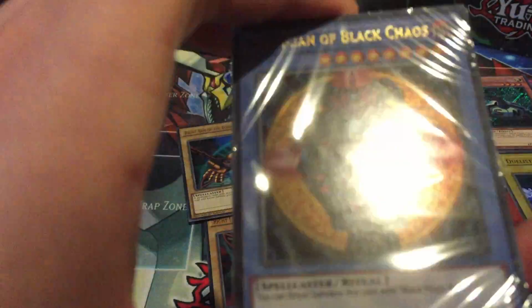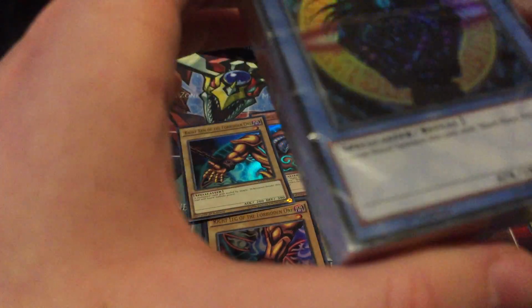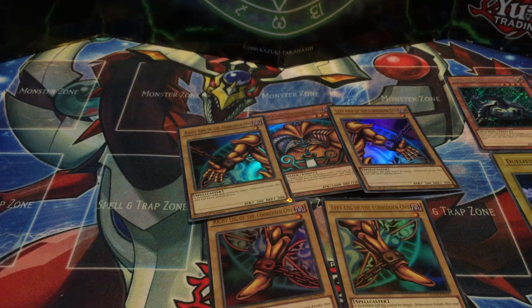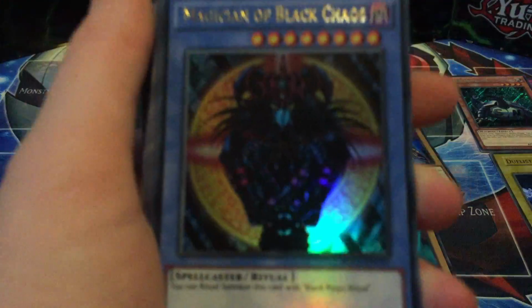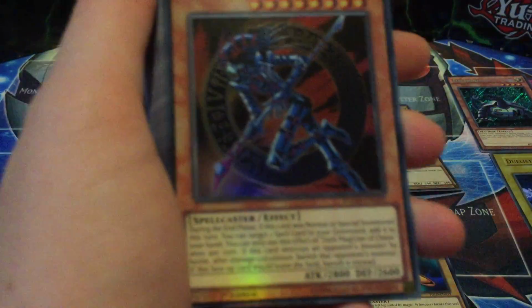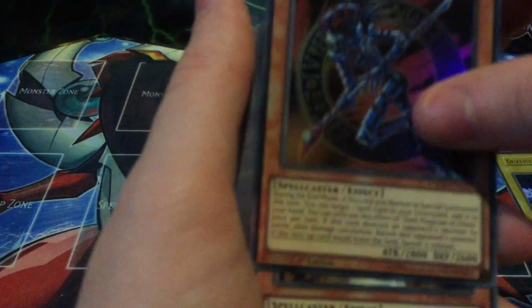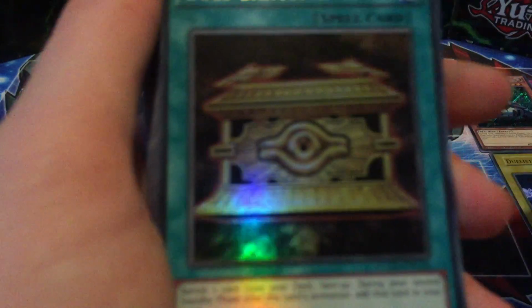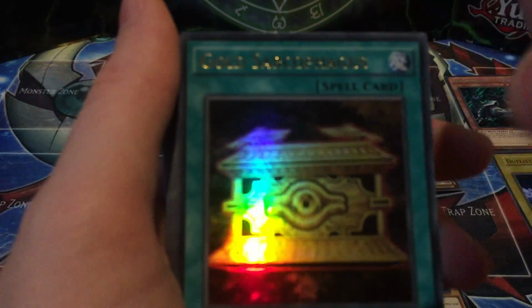And then for the final deck, this is, I believe, a mixture between the decks Yugi and the Pharaoh uses in the final match of the series. And it starts off with Magician of Black Chaos, the Dark Magician of Chaos, Silent Magician level 8, another Dark Magician, this another alternate artwork, Gold Sarcophagus, amazing card to get,